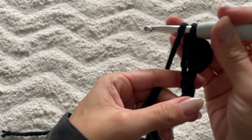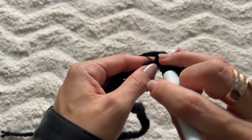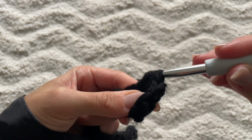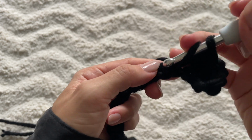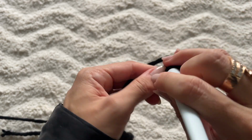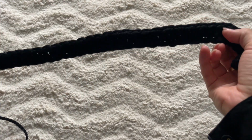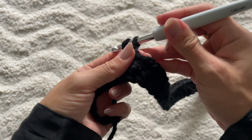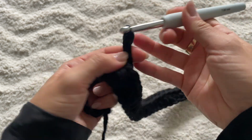So half double crochet is yarn over into the next loop, yarn over, pull through. You've got 3 on your hook, yarn over, pull through 3. And it'll just be a row of half double crochets all the way to the very end. All right, so I've taken my row of half double crochets all the way to the very end. Once you're here, chain 2, turn your work,